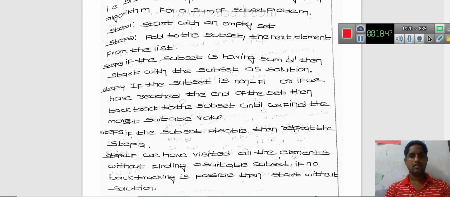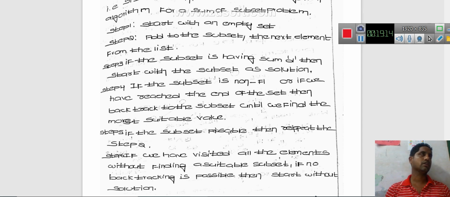Next, if the subset sums to d, then take the subset as the solution. If the subset is not feasible, or if we have reached the end of the set, then backtrack to the subset until we find the most suitable value.